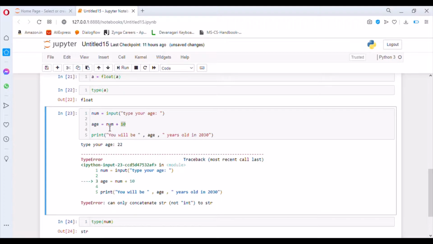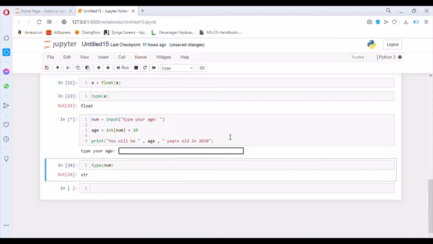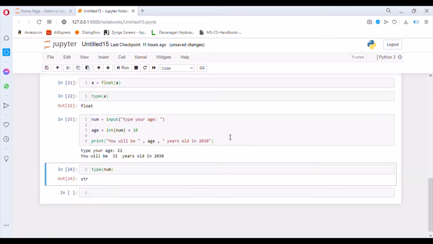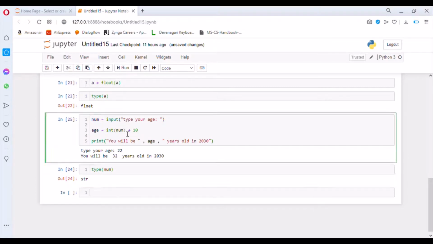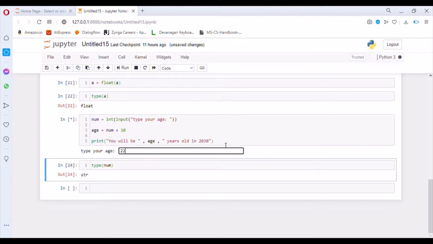So to resolve this error, what we can do is type int and then this, and now type 22. Yeah, there's another way of doing this. You can type int here only. Yeah, and now run this cell.